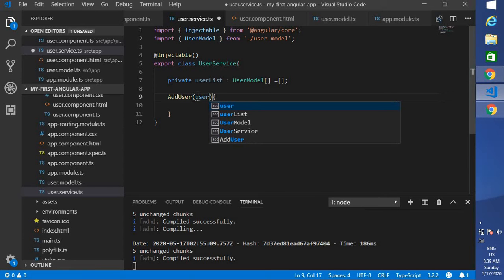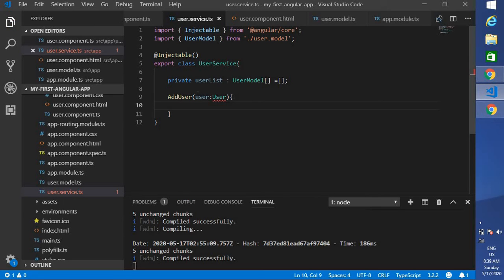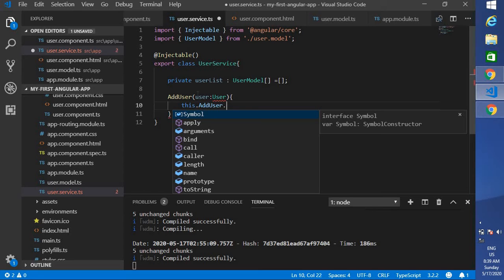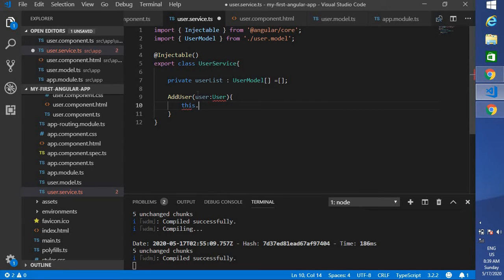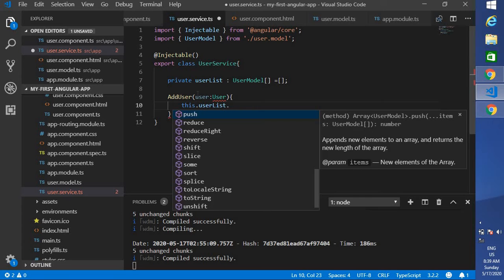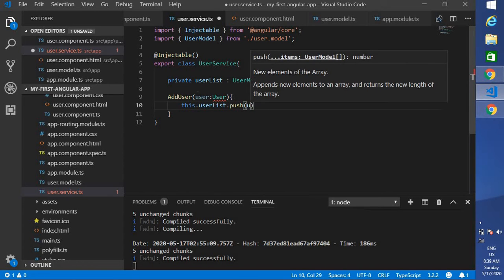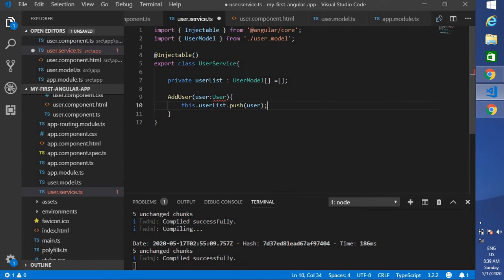Then I'm going to do this dot user list dot push this particular user.